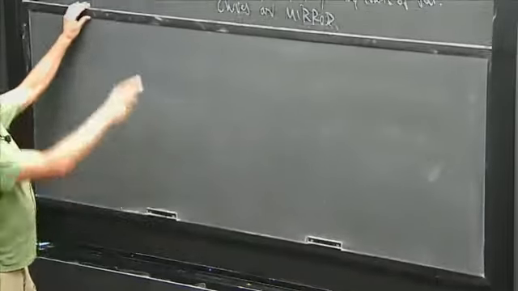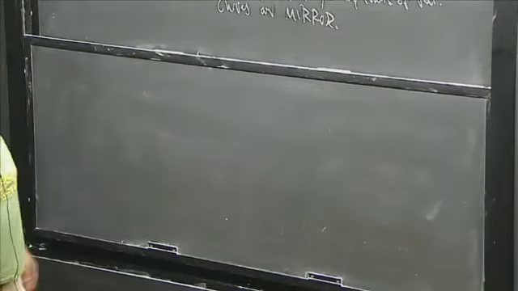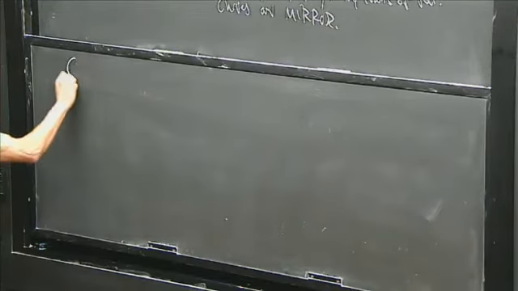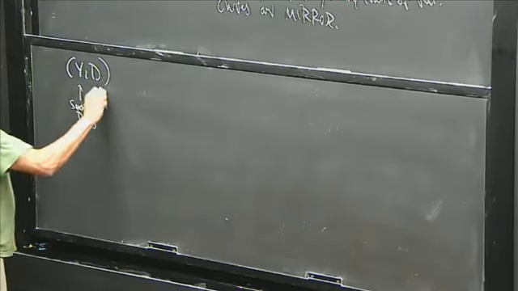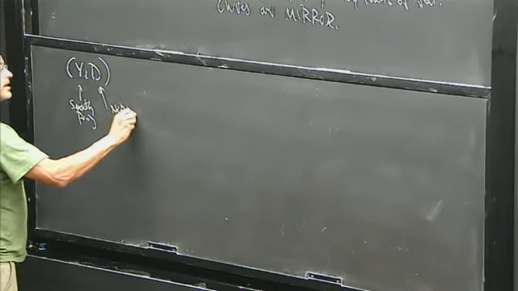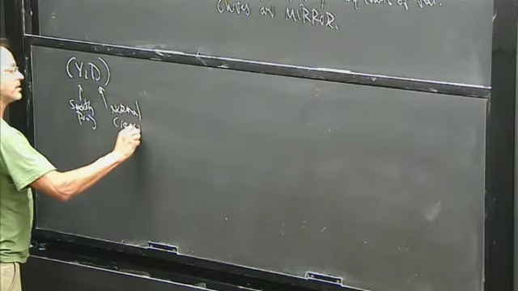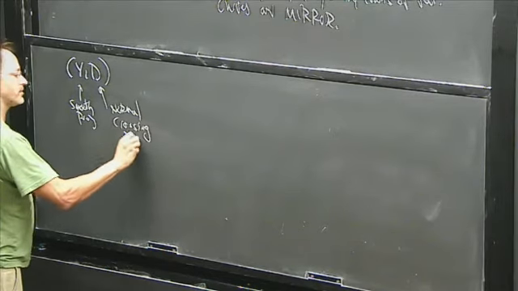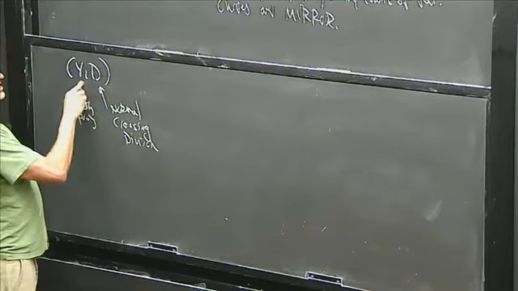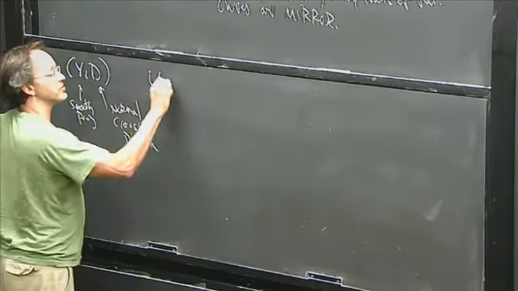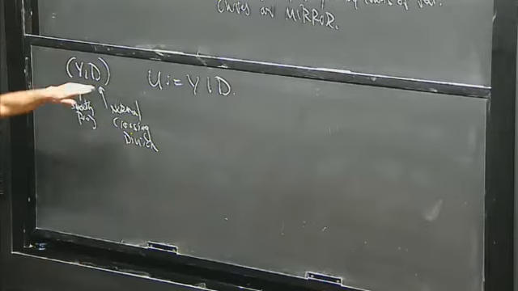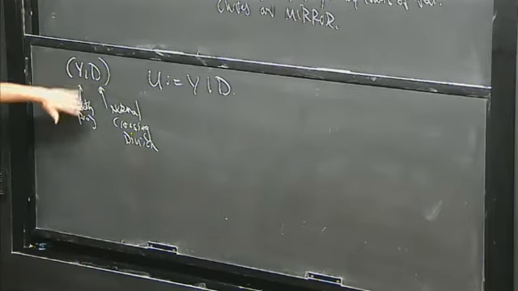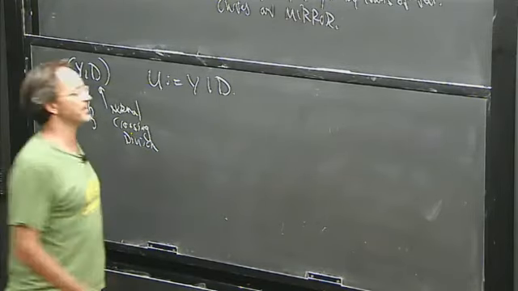So first of all, what do I mean by Calabi-Yau with maximal boundary? Let's say I have (Y, D), where Y is a smooth projective variety, and D is a normal crossing divisor. We're thinking of this as a compactification of U, so U is going to be Y minus D. Okay, so I've compactified U in this way.